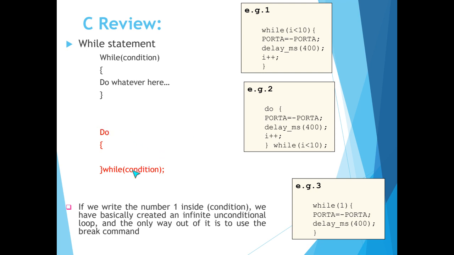However, we can use this kind of syntax. At first we use do, then curly braces and the body of the syntax, and at the end while and the condition. So these are two kinds of syntax which are used for while statements. In one of them, at first we write the condition and then the body of the statement. About the second one, as you see, at first we write the do term, then the body, and at the end we use